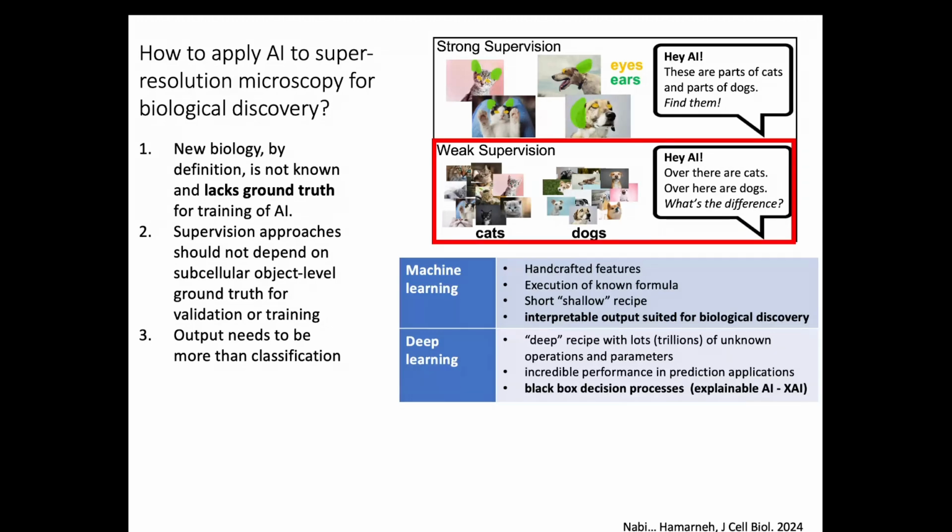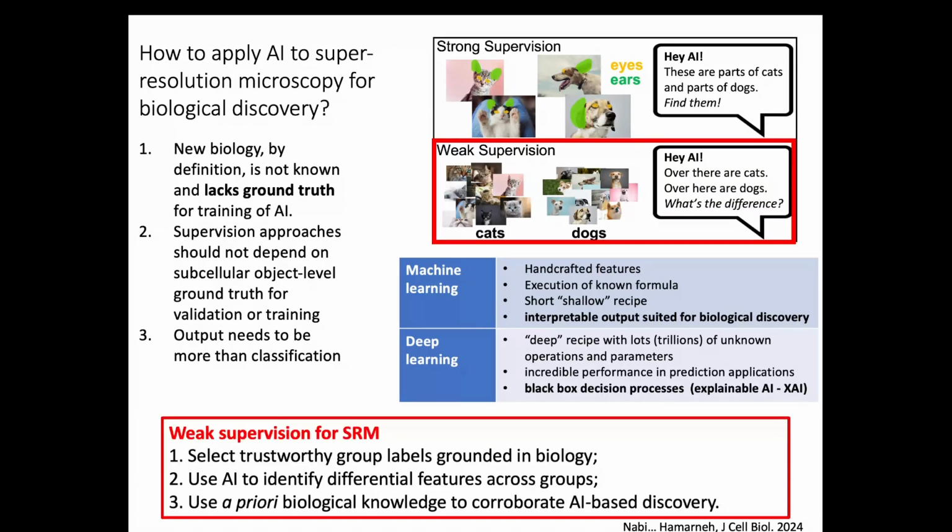And the challenge is that the decision processes are, to a certain extent, black box decision processes. There are lots of efforts and lots of improvements in developing explainable AI or XAI these days, and hopefully they will come. But still, when we apply it to biology, we're still at a point where there's still things to